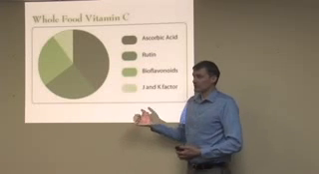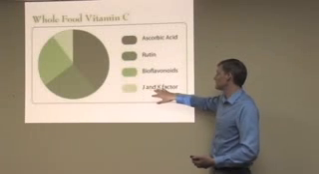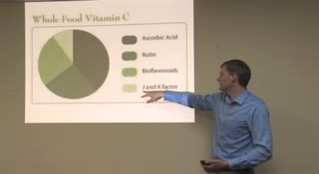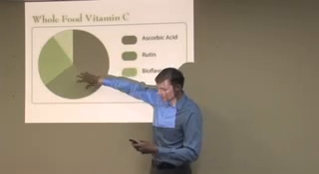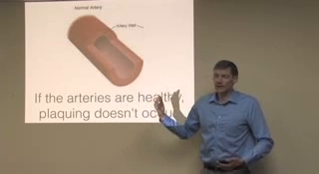All right, again, just as a recap, here's whole food vitamin C. It's got ascorbic acid, this quantity, and this is called rutin, bioflavonoids, P, J, and there's actually the P factors and all that stuff. So it's a big complex with lots of stuff in it. Okay, so the bottom line is if the arteries are healthy,